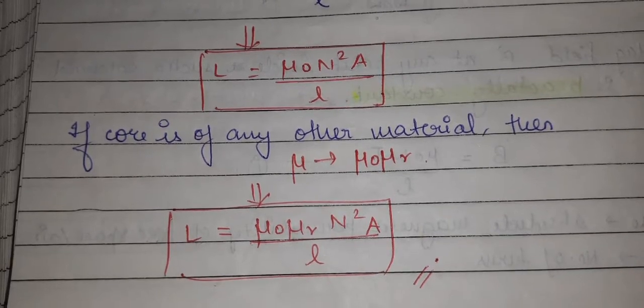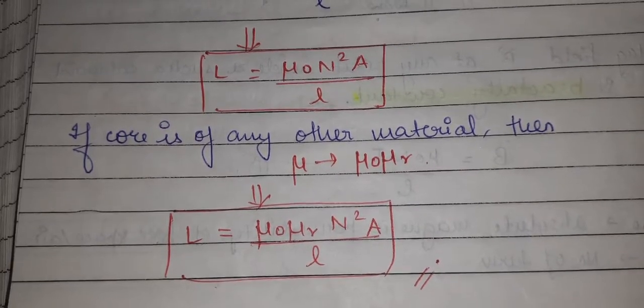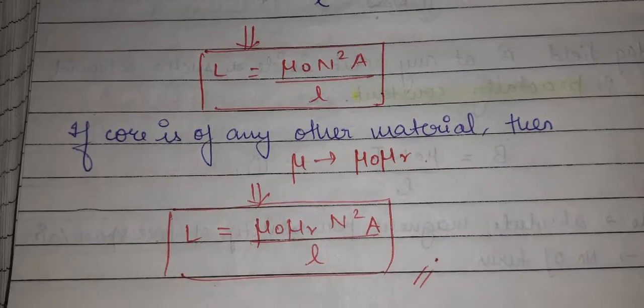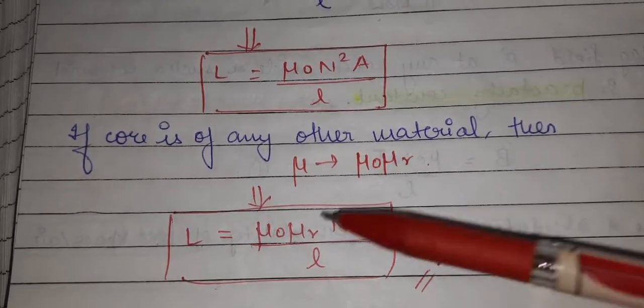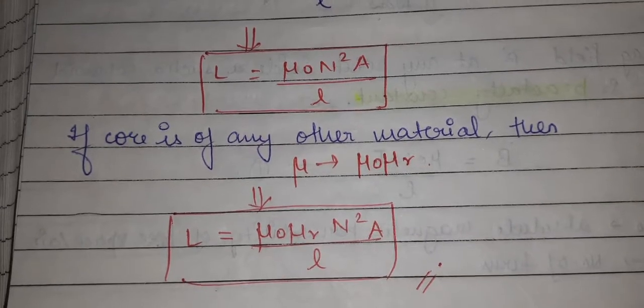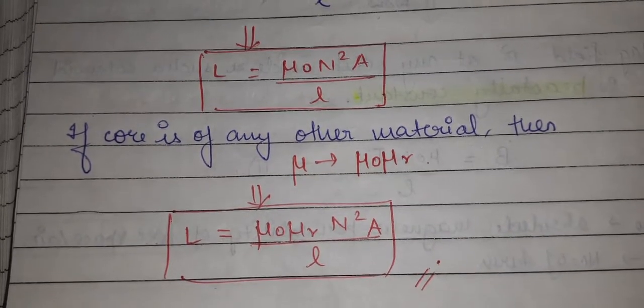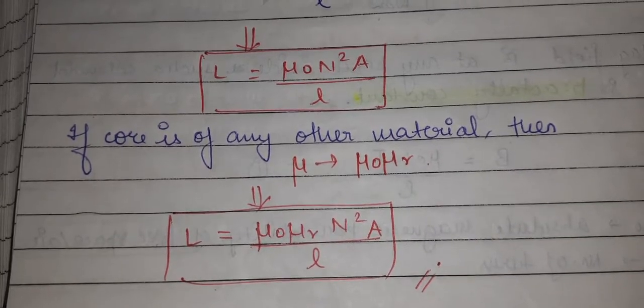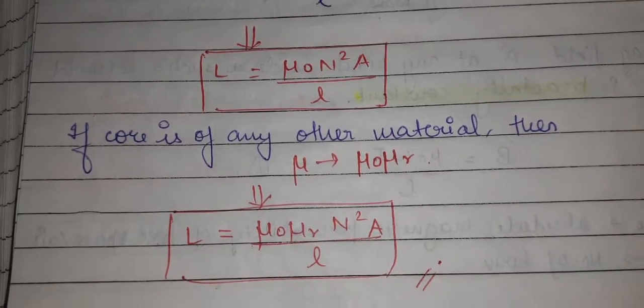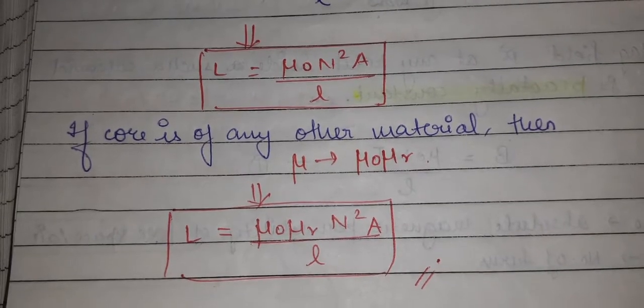The third thing which we can see here is that the coefficient of self inductance is directly proportional to the square of the number of turns, that you can see here, n square I have written. So the greater the number of turns, the greater the self inductance, the coefficient of the self inductance. So these are the factors on which the coefficient of the self inductance depends in the case of a solenoid.